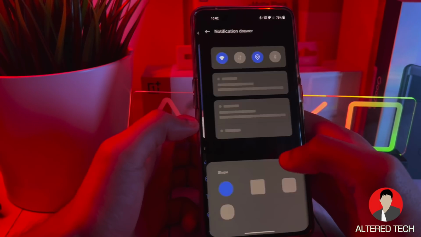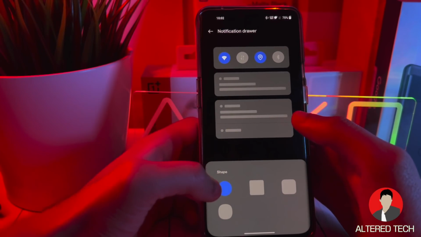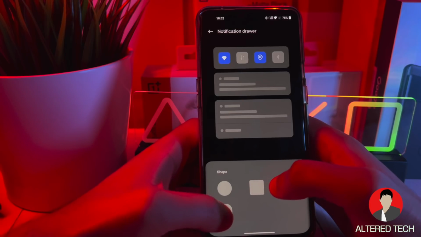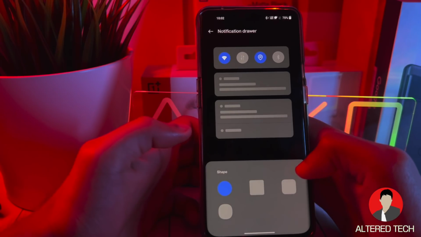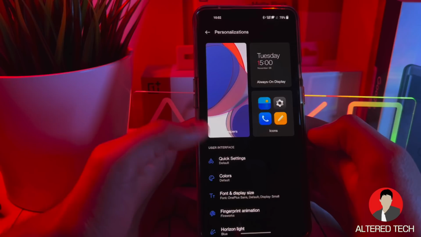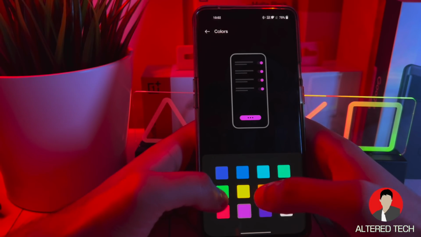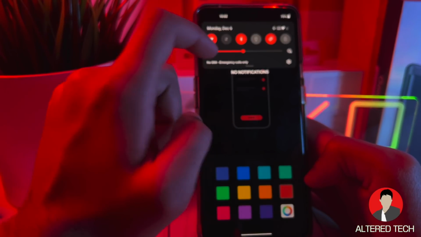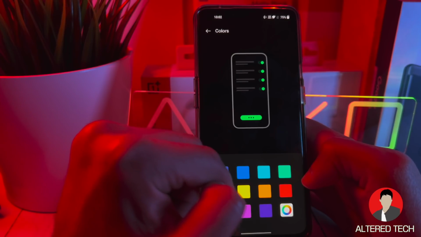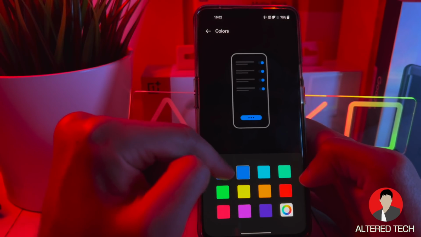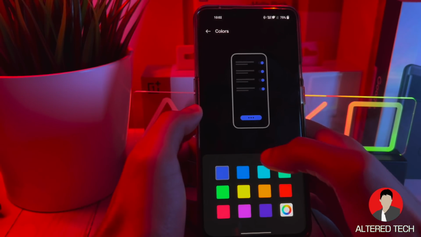Personalization, quick settings. So you guys could actually change the shape, but you can't change the size of these icons. So I'm gonna keep it as a circle. Colors, you guys could change the accent colors. This is pretty cool. Let me see how red looks. That's pretty cool. I'll just keep it as blue for now. Let's go back